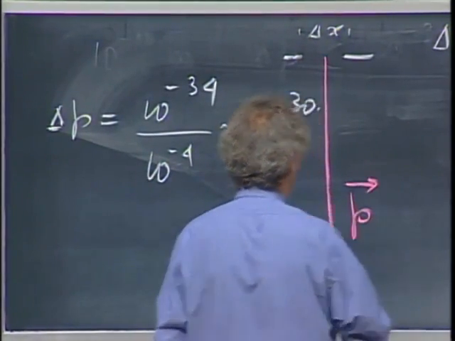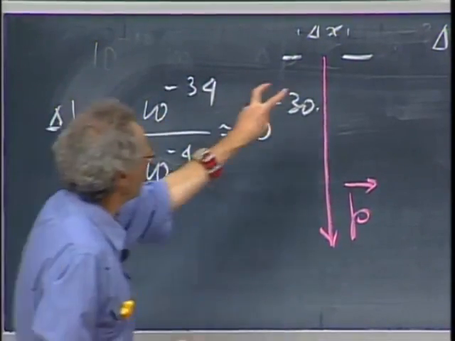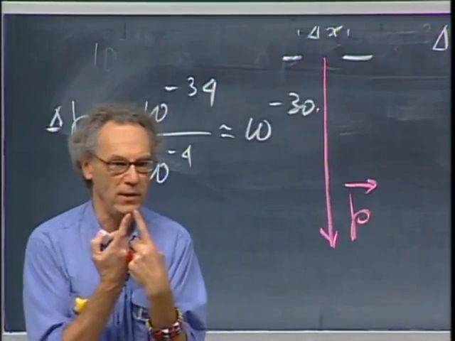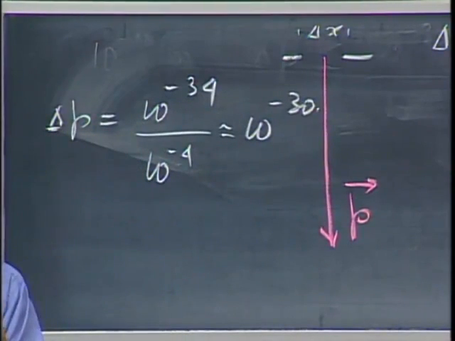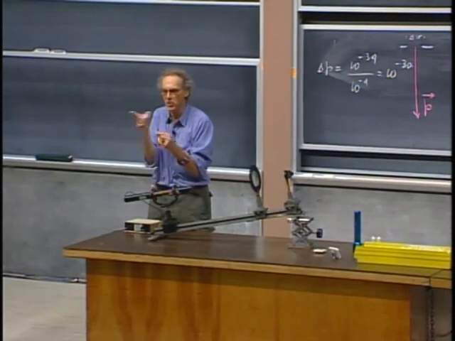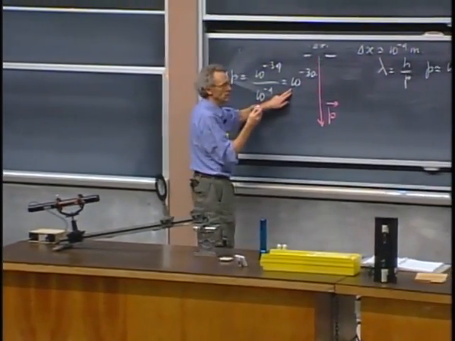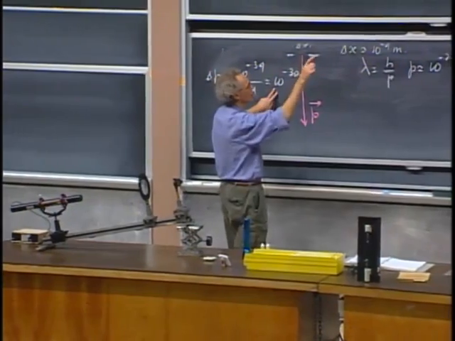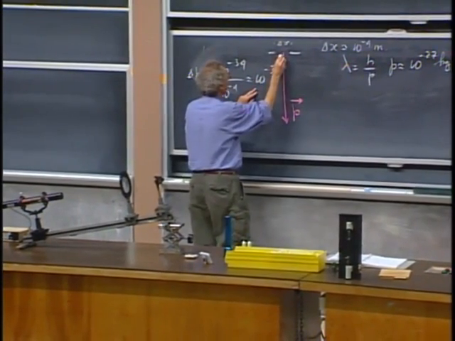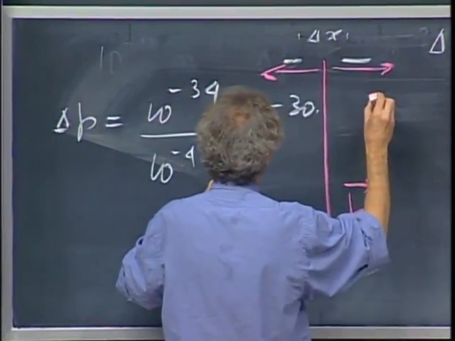I say this is the momentum of the light as it comes straight in. When it has to be squeezed through this narrow opening, Heisenberg's uncertainty principle demands that the momentum in this direction will be undetermined by roughly 10 to the minus 30 or more. Remember, it's always larger or equal. In other words, if I introduce, for instance, in this direction or in this direction, delta p,